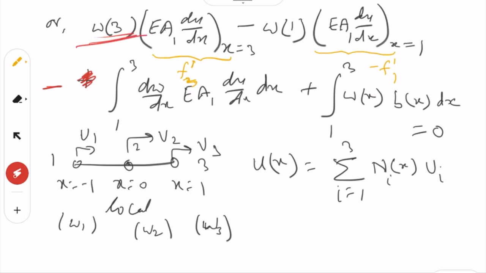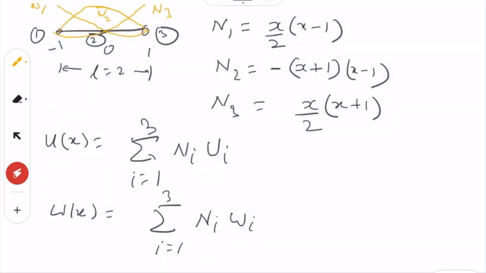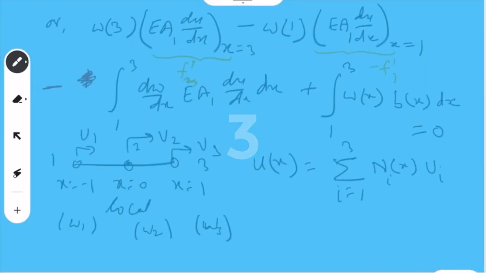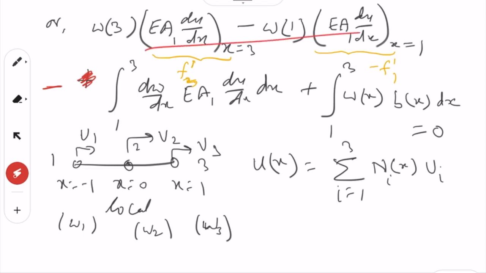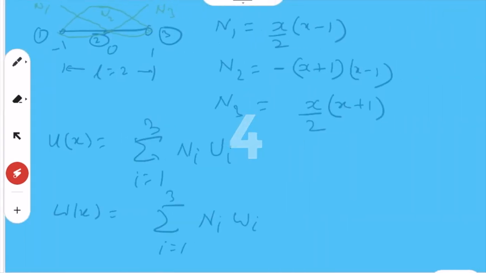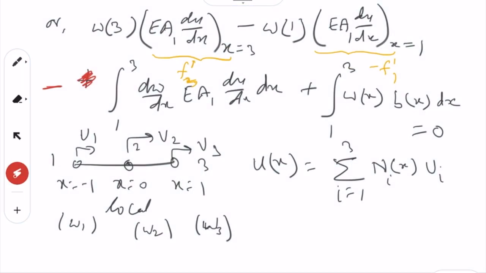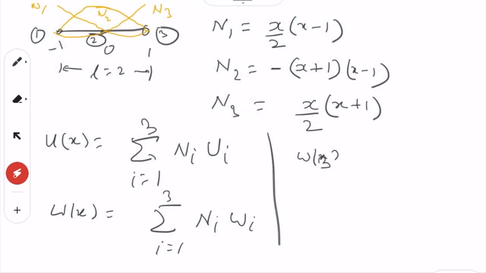The W3 is here, W1 is here. So what is the next thing to do? We will put these values here one by one and see what is the meaning of that. So W3, and we know the whole thing is F13, right. So W3 and F13